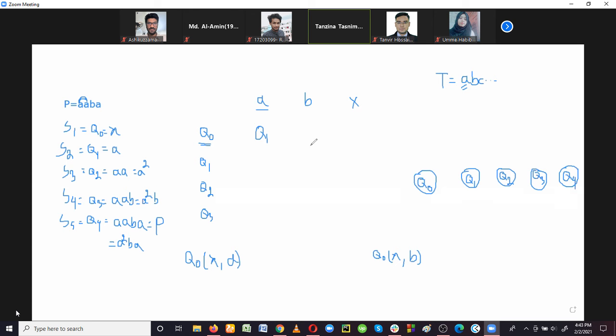After receiving a character A, what will happen? The algorithm moves towards Q1, because Q1 equals A. This Q0 can also receive the character B. After receiving it, this state has one character, B, but we don't have any state with that character B. That's why this state will not move forward to the next state. It will stay in its own state, Q0. For the value B, Q0 will not move forward or backward.